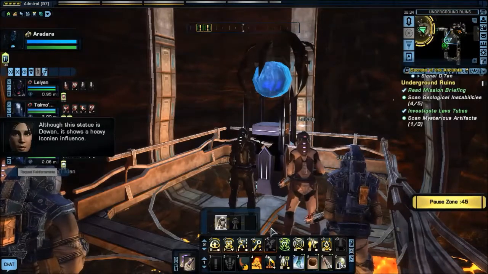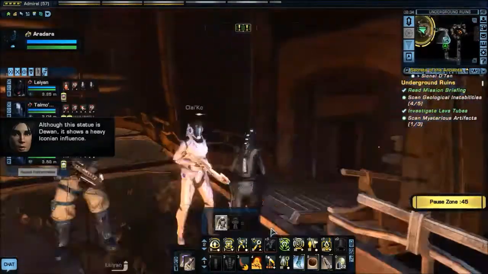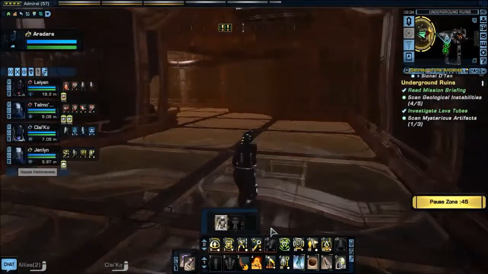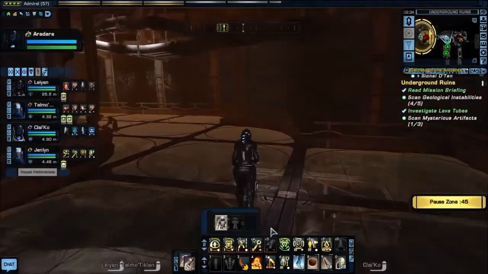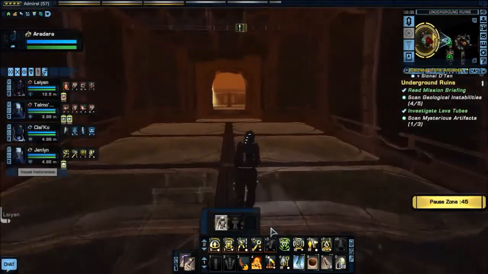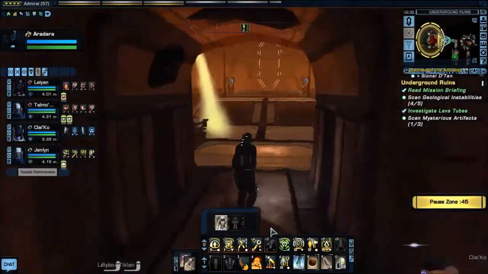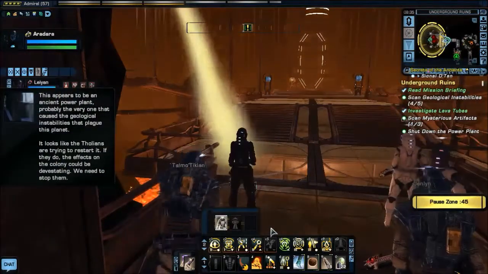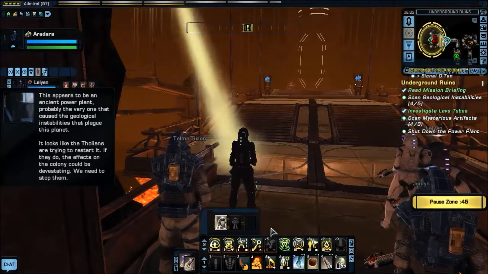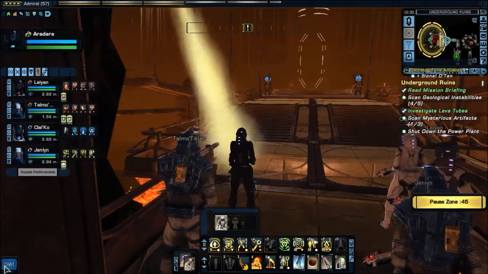Although this statue is day one, it shows a heavy Iconian influence. Yep. Certainly does. Presumably there's another two of these in this next bit of the mission. We still need to find another geological instability as well. Okay, there's the geological instability. You can see the gas spouting forth. Let's scan it. Oh, this appears to be an ancient power plant. Probably the very one that caused the geological instabilities that plague this planet. It looks like the Tholians are trying to restart it. If they do, the effects...